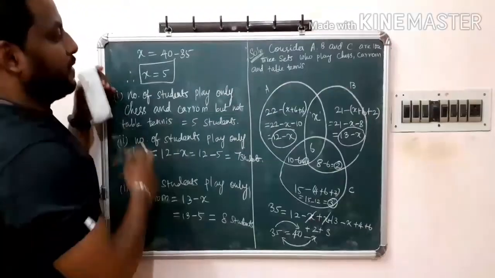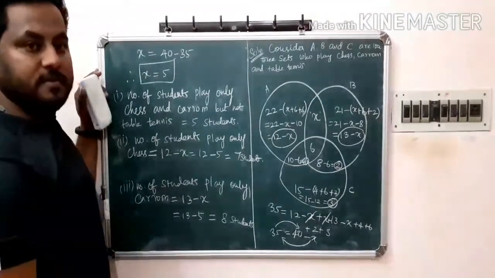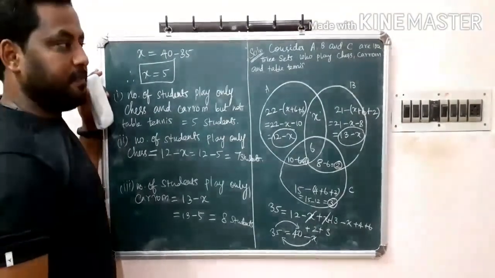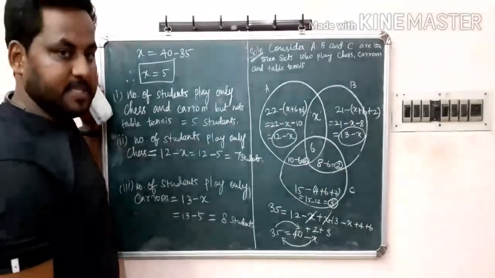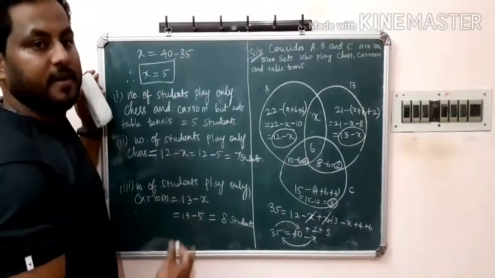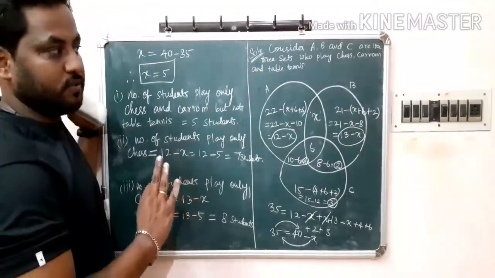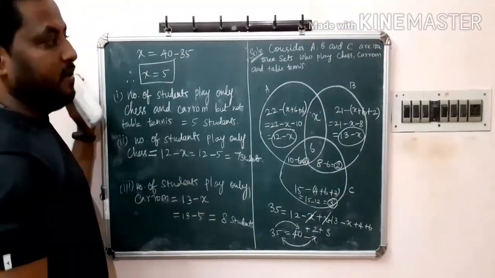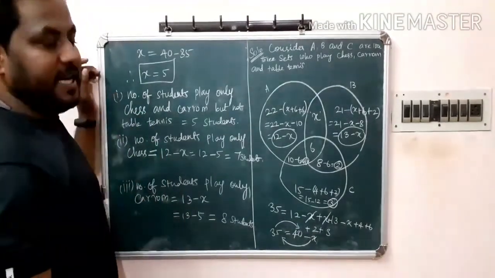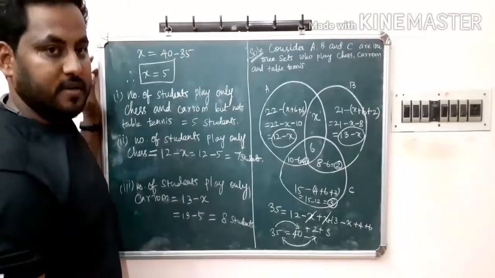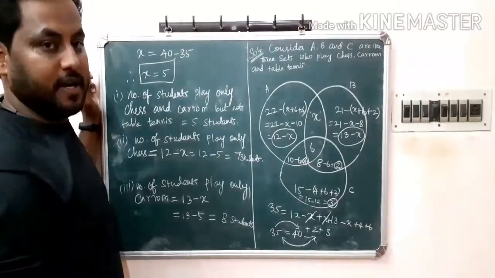Clear? So students, I hope you all understood all the problems and all the previous class problems also. So you have to do the example sums, and the rest of the questions you have to practice. Okay, the first unit is over. From the next class we will move to the second unit, the real numbers. Is there any doubt in the first unit? Kindly ask me in call or text. Okay, thank you students.